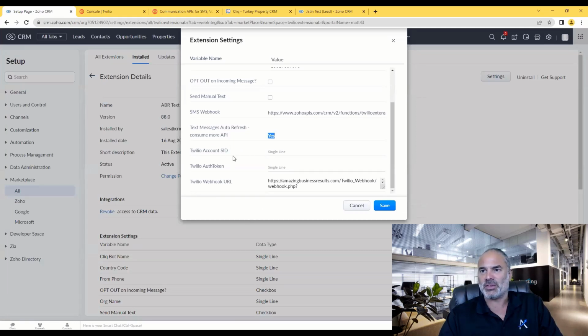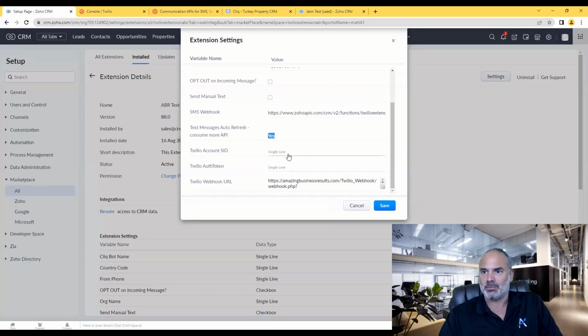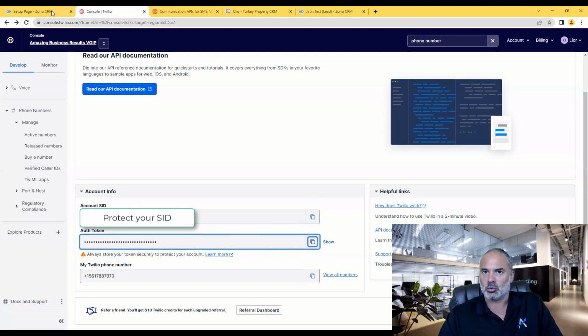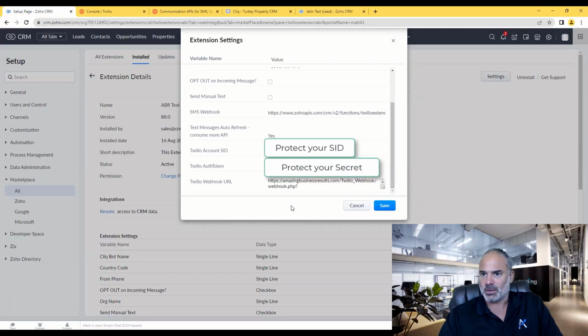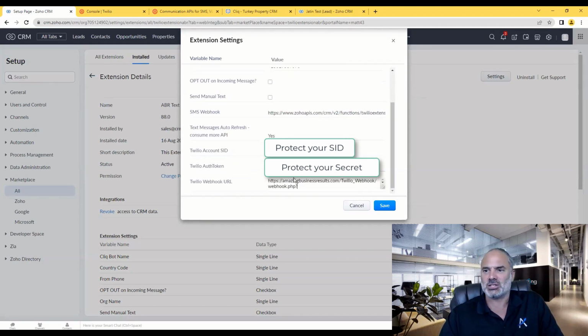Next, you have here a few things that we need to retrieve from the system. One is the Twilio SID, and you just copy and paste it here. The other one is the Twilio auth token. We're going to copy it and paste it here. Next, we have the Twilio webhook URL that will need to be inserted into Twilio. So here you have a way to access Twilio and send messages using Twilio, and this one is going to receive the messages that are coming to Twilio,